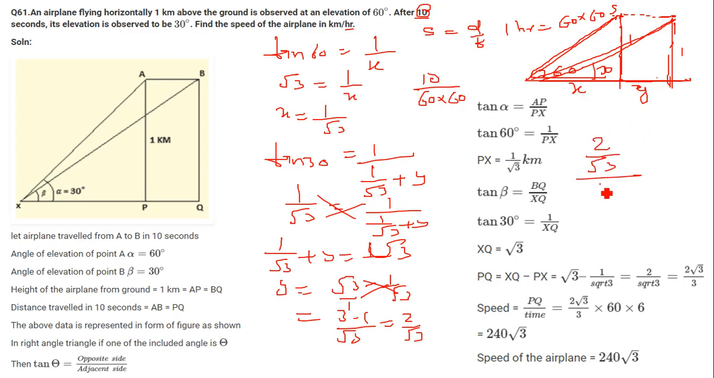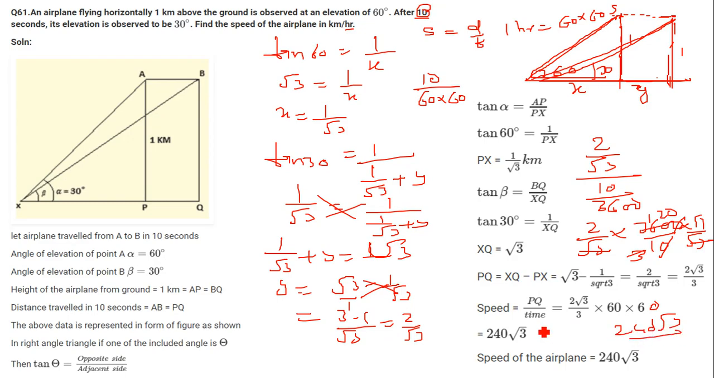So what do we get? 2 by root 3 divided by 10 by 3600. So what do we get? 2 by root 3 into 3600 by 10. So here, 10, and this is root 3. Multiply root 3 in numerator and denominator. Root 3 by root 3. So what do you get? You get 3 here. So 3 12s are 120. 2 into 120 is 240, and this is root 3. So 240 root 3 is our speed of the